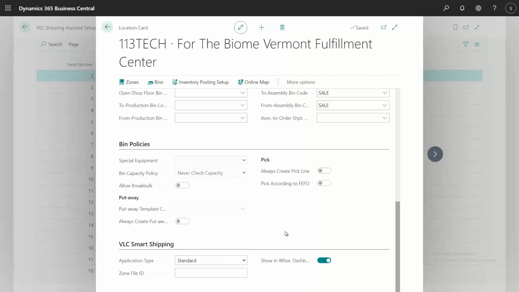Let me discuss more. Standard means you plan to pack and ship in one station. Advanced is used when you have a different packing station and a different shipping station; that time we need to set up advanced. For you, standard is fine because both go to the same place. Then we have a very good dashboard where you can see the daily and monthly information for analysis. So you can make it true for that location.